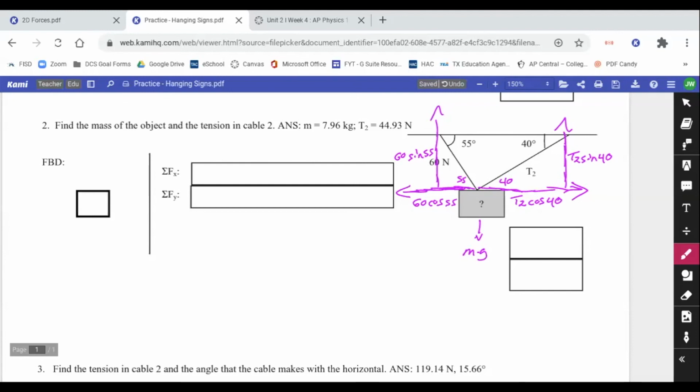Let me stop the share. Your assignment is to finish the sheet. I got number 1 really far along, so you've got a guide, some experience. For number 2, I just got it started, so you've got some ways to go. Number 3 is your challenge problem. You're going to run into